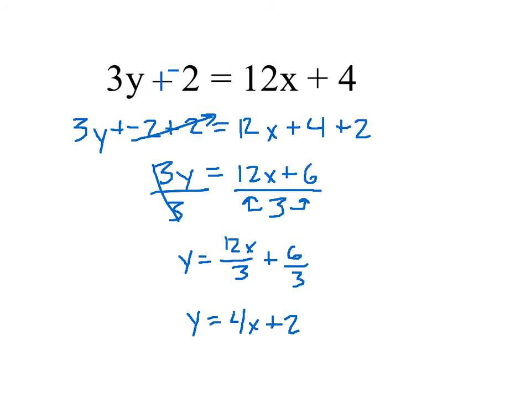That gives us our slope is 4. In fraction form, that's 4 over 1. And our y-intercept, 0, 2. Okay, that one was a little bit trickier. The next one is realistically just as tricky,